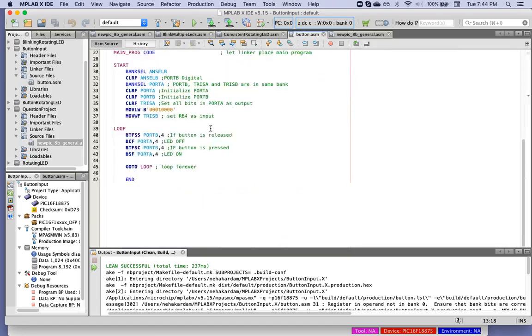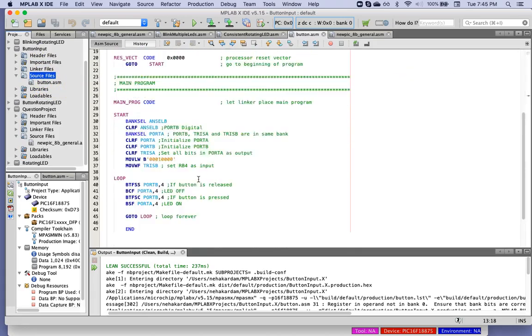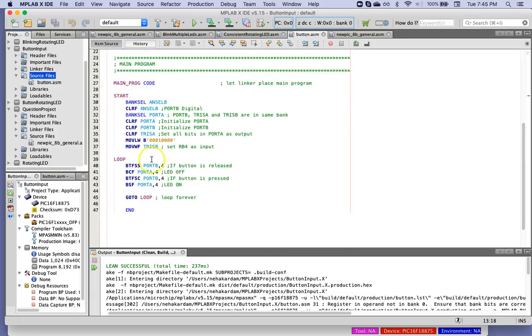So this is the same program which you have seen on the slides. I have made my button input as project, and under that source file, if you click there, you can create an assembly file, and under that I have put up this code. This is the configuration, and then this is my simple code over here, main program code, bank cell, B,